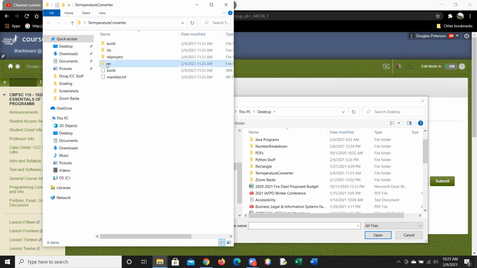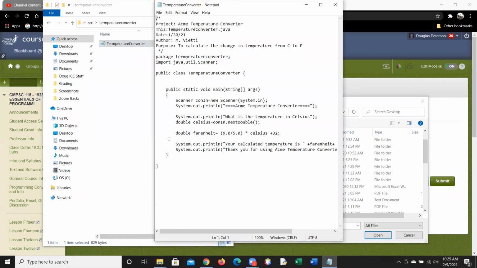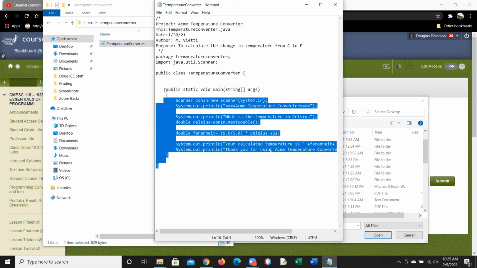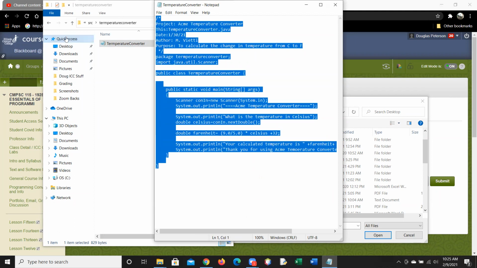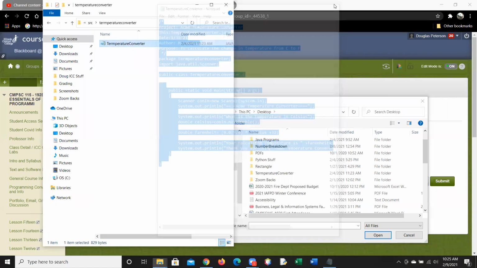So you don't want to come in here because in Java, your actual program is just a text file. In other words, you could write your program in a text file and it would run. Okay. But